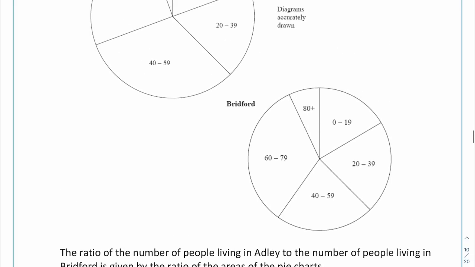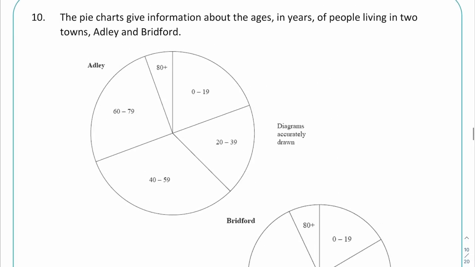Now straight away we're looking at Adley. So what proportion is 0 to 19 in Adley? And that's this one here. Now if you put your protractor on there, I've measured it out, I've got it printed off, that one measures out as 70 degrees. So in terms of proportion, that is going to be 70 out of the 360 degrees